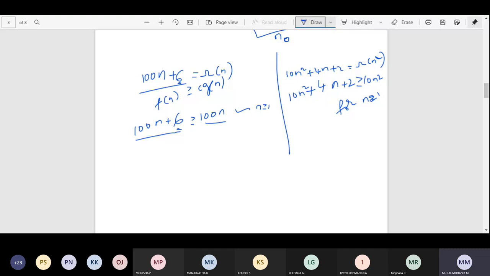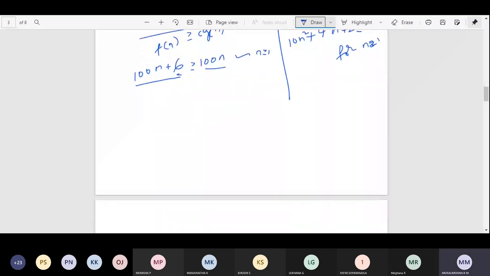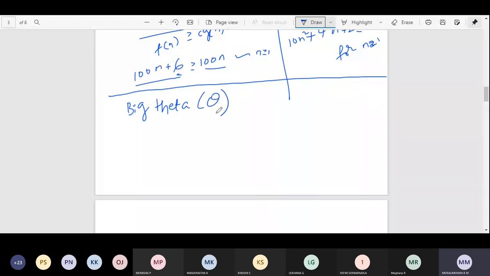Okay, what is the next one we are having? Quickly, we will finish these asymptotic notations today so that we will go with the performance analysis in the next class. The basic problem was to understand the basics. That's it. So now you understood the basics very well, right? What is the next one we are having? Big theta, right? So what is this? Average case. Yes or no? Theta notation is average case.